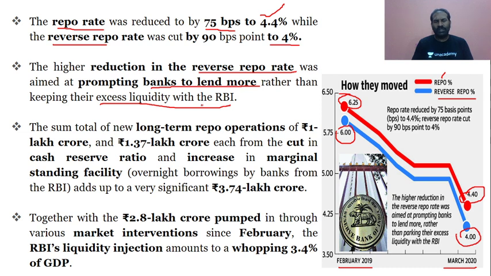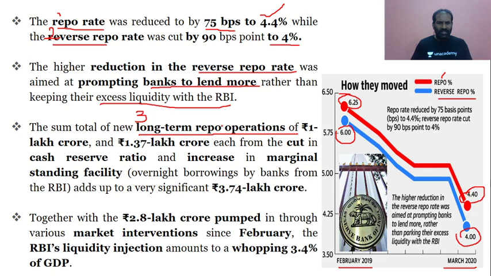That is the main intention, not just keeping the extra money or the excess liquidity with the RBI, because the reverse repo rate is linked to the RBI, the apex bank, and to the nationalized banks. Along with the repo rate, this is first, and the second one is the reverse repo rate. There is something else taken into consideration to pump liquidity into the market, to make sure that there is more surplus money rotation in the market. So the RBI has gone ahead with the third one, that is long-term repo operation, LTRO.